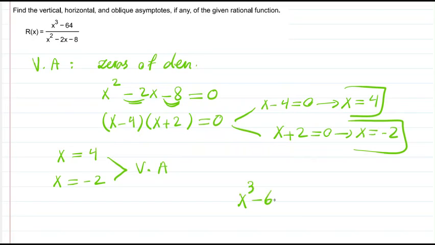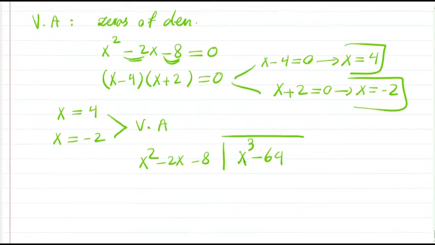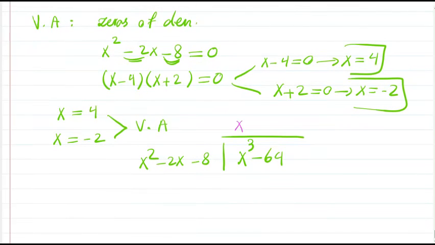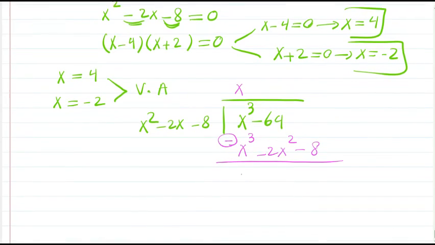x to the power 3 minus 64 divided by x squared minus 2x minus 8. x to the power 3 divided by x squared is x. Now you multiply x by each term of the divisor. So you have x to the power 3 minus 2x squared minus 8x. Do the subtraction. The remaining is positive 2x squared, negative 64 plus 8 is negative 56. Now you divide 2x squared by x squared,